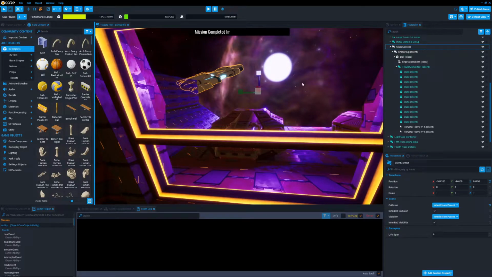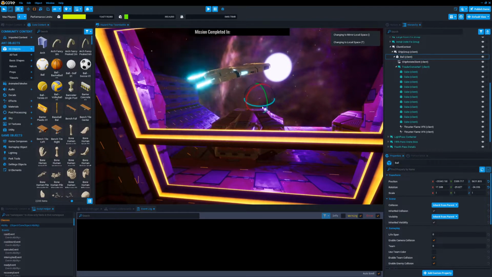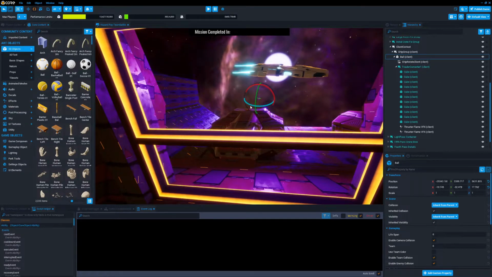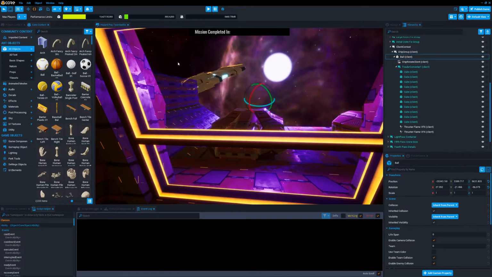So for example, maybe one client will see it in this location while another one sees it over here. And because it's spinning like this, that's something that you'll only want to use for, like, visuals. If it matters that each client needs to see the exact same thing happening, then that's where you'll want to use networked